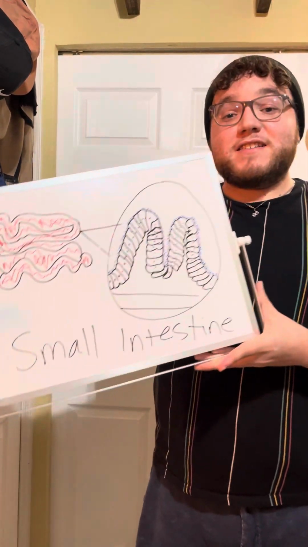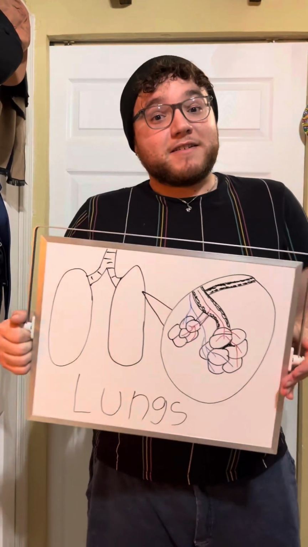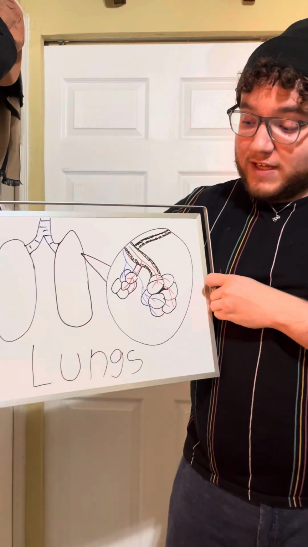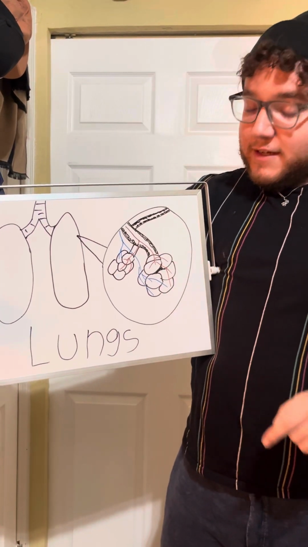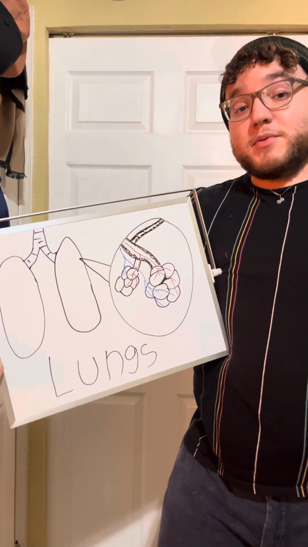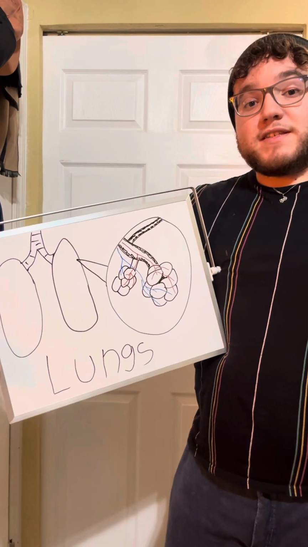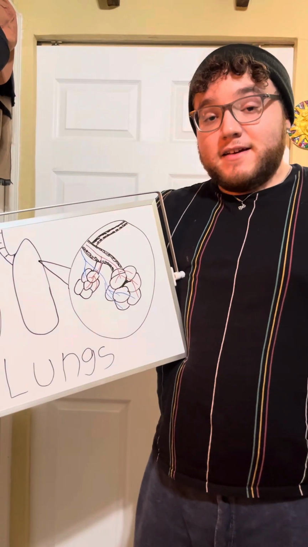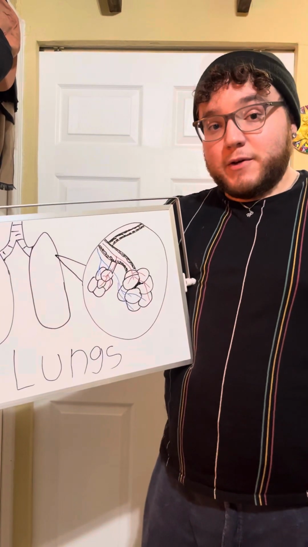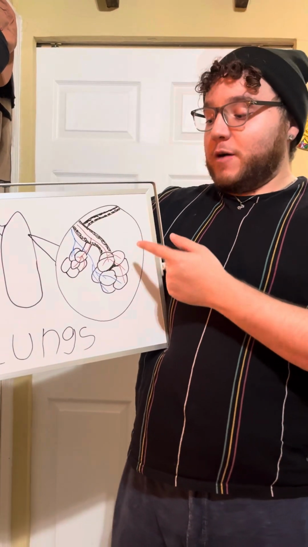And then the second organ that I have is the lungs. Specifically, I have the alveoli of the lungs. Here, the alveoli are lined with simple squamous epithelial tissue, and simple squamous is long and flat. It lines the alveoli, and the shape of it helps the alveoli